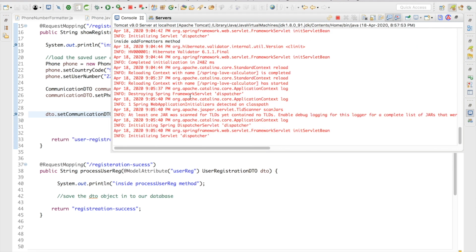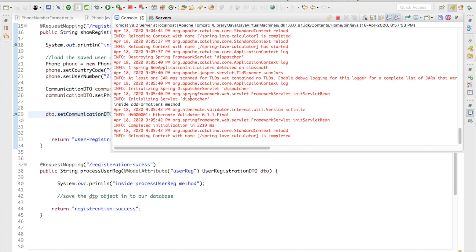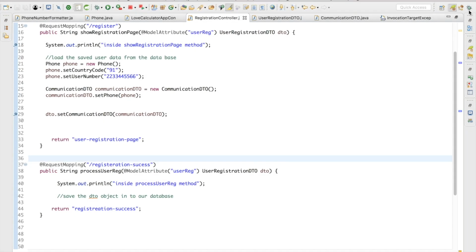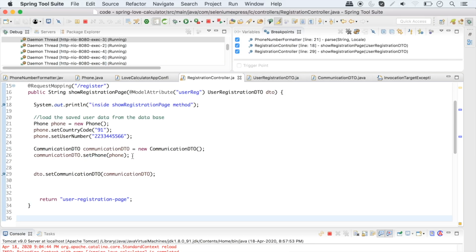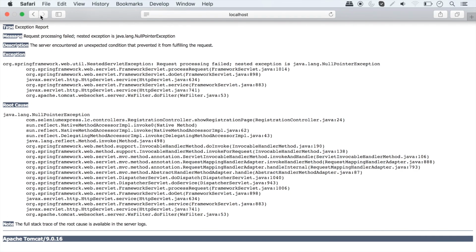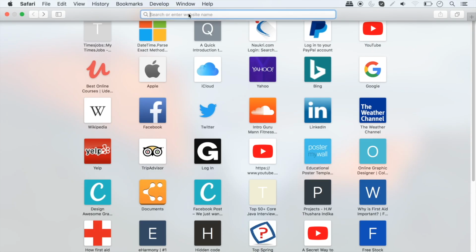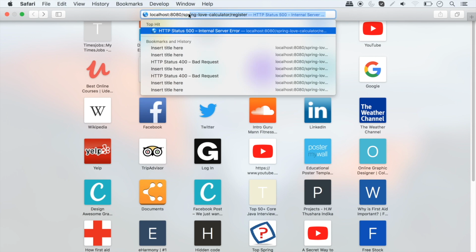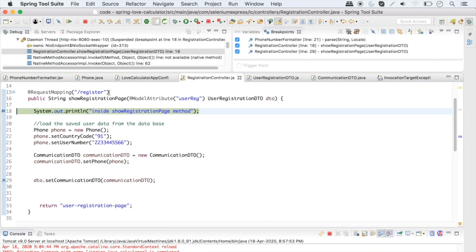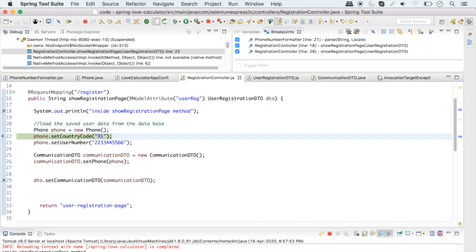So my code gets deployed into my server, and now let me go to the debug perspective again, and now let me go here and I will hit my URL here. Cool. So right now I come again to the /register URL handler mapping, and I'll do F6. So my phone object got created, my communication DTO object got created, my phone got set to my communication DTO,